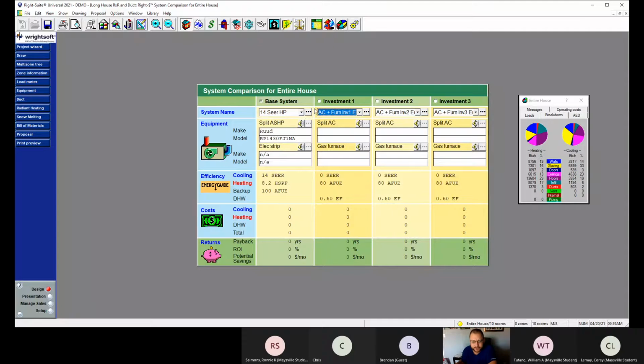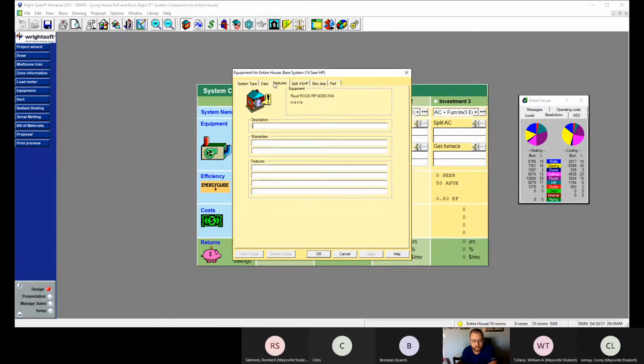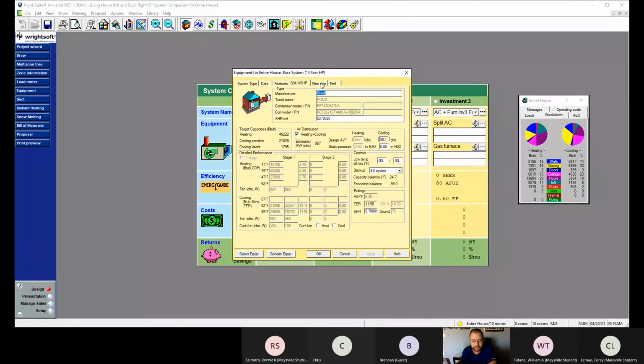All right, so here's something else you can do. I think I mentioned this the other day in class, and I think I figured out how to at least tinker with it. And I think you have to have the full version to really dig into this. But you can go in here and say, I want to put in a split air source heat pump. Let's see, how did I do that? Okay, so I want to go here to split air